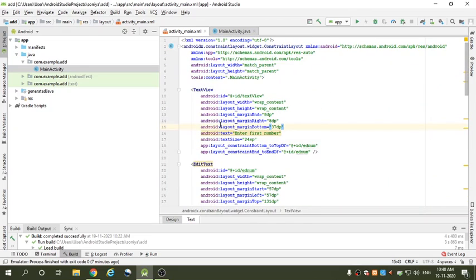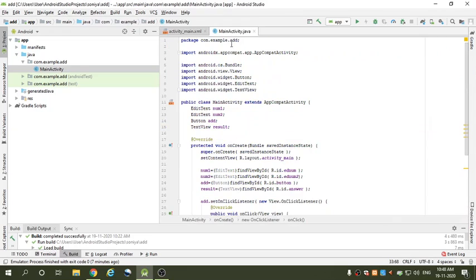In MainActivity.java, the components are already added. In public class MainActivity extends AppCompatActivity, our class name is MainActivity. Here EditText num1, where num1 is the object of EditText, and EditText num2, where num2 is the object of EditText.